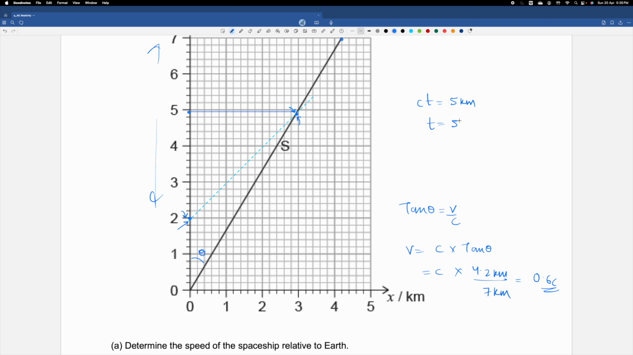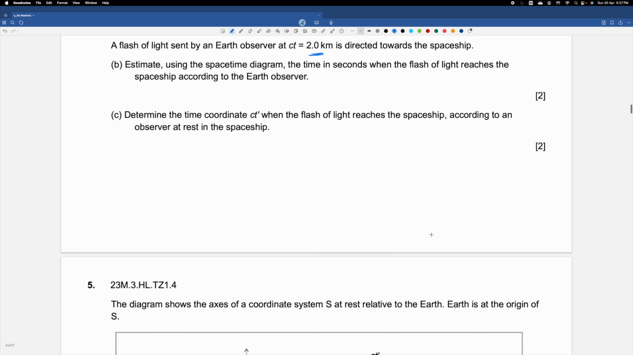So T will be 5 kilometers divided by c, right? So plug in the value of c, which is 3 times 10 to the power of 8, and that will give us the value of the time in seconds. That's 1.7 times 10 to the power of minus 5 seconds. Next,